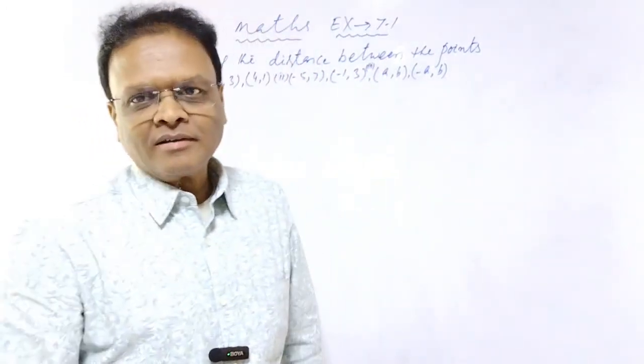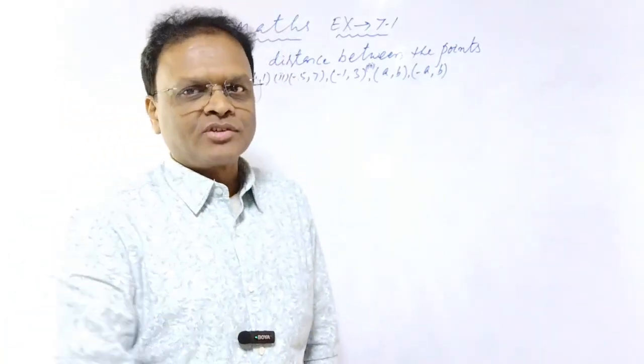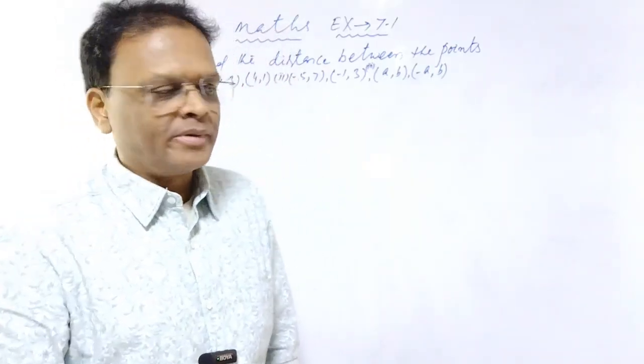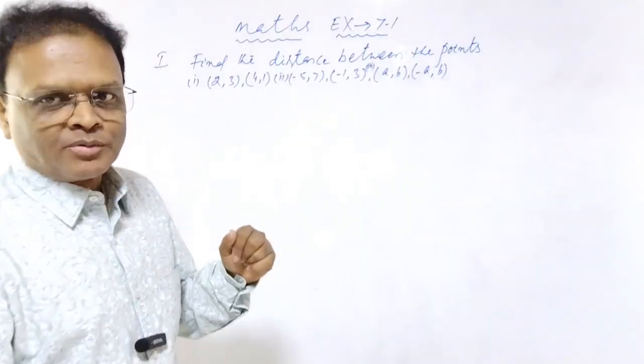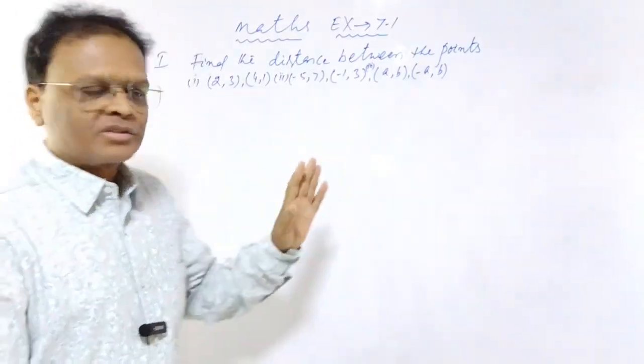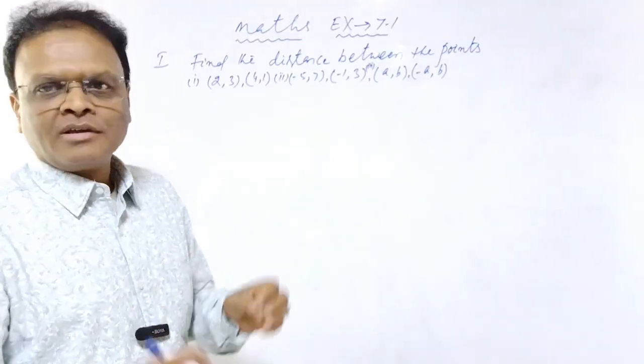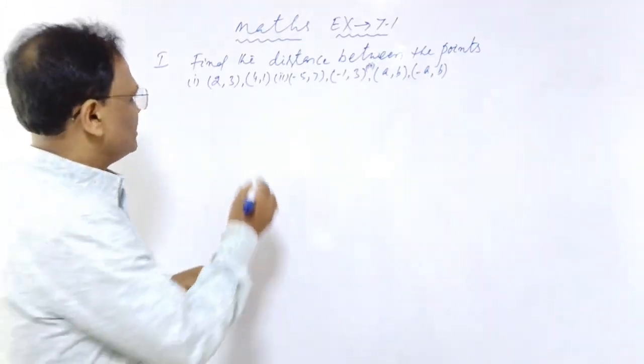Today we are going to start exercise number 7.1, which is the first exercise of coordinate geometry. The question is: find the distance between the following points. There are a few points given, and we have to find the distance. It's a very simple formula. Use the formula, get the answer. That's all. The first one is